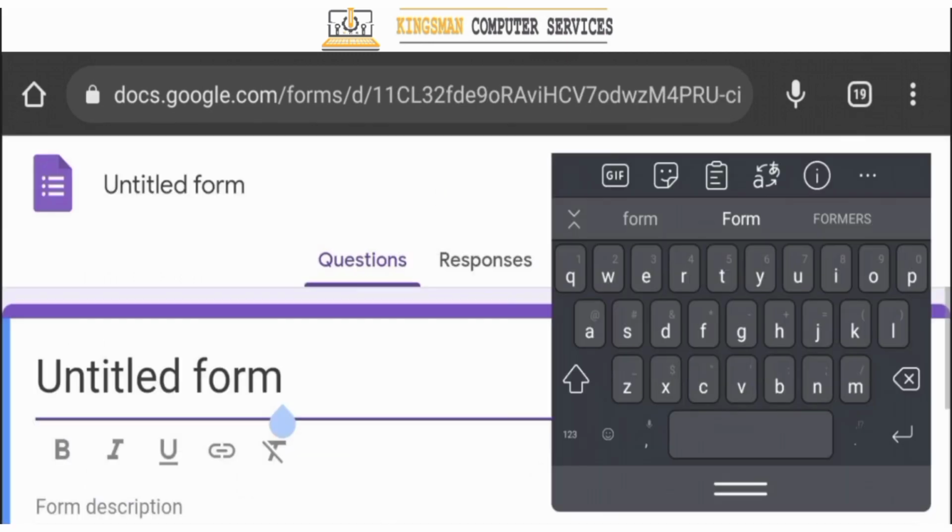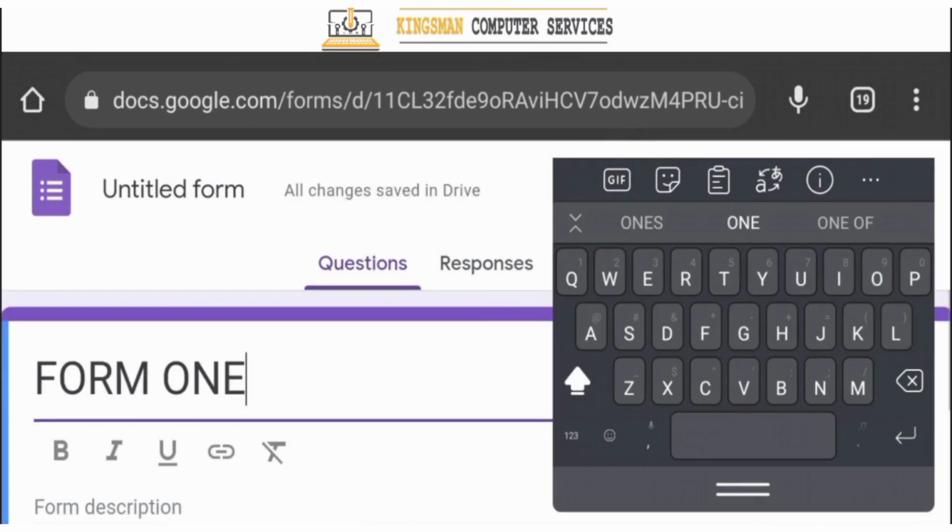Alright, okay, so when we click on untitled form, as you can see I have my keyboard here, so we are going to change this name and make it form 1. Alright, so after changing our title here,